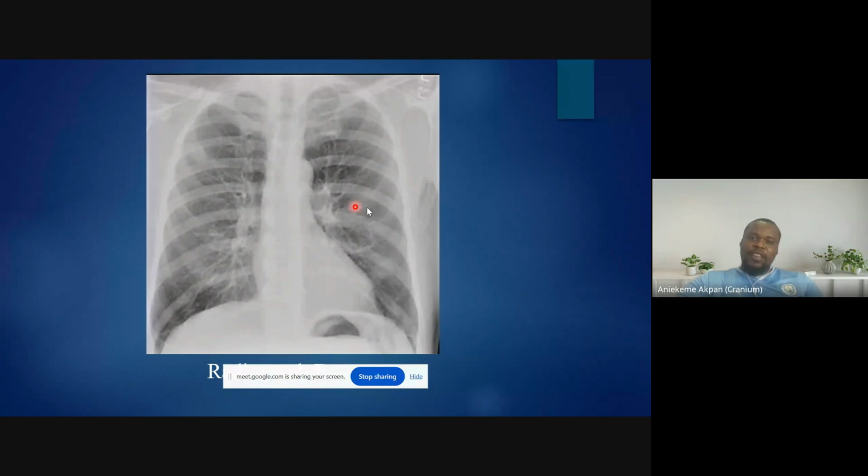Sorry for the image quality, but at least it serves the purpose of learning. When you are doing your own, you do it well. Like in this image, you see the costophrenic angle has been cut off. So please, don't go and do something like that. Your chief will say, do it again. You don't say, no, carry this image and show it to them. So we are just doing this